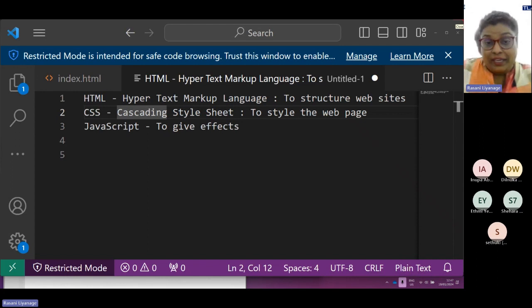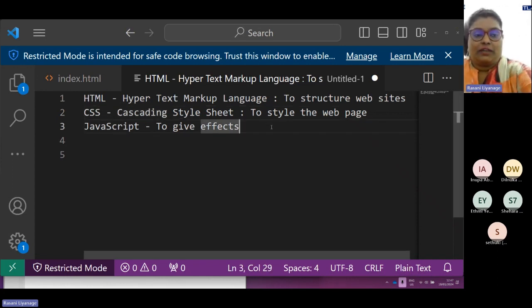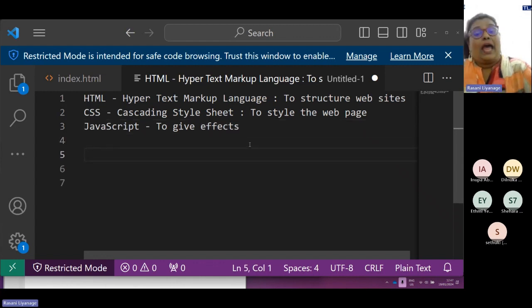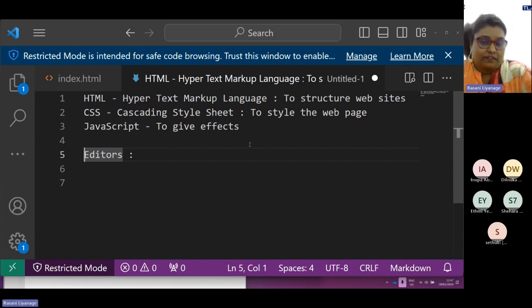We have learned that HTML is there, CSS is there, JavaScript is there. These are to support us during making the things on web. At the same time, when you do these, there has to be some editors to do web page development.